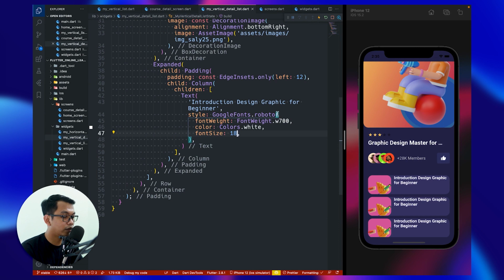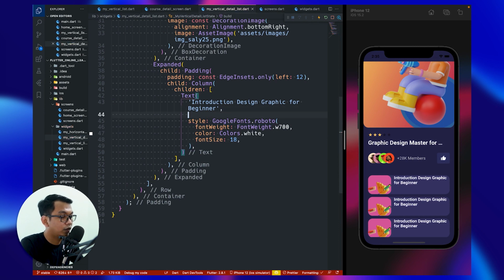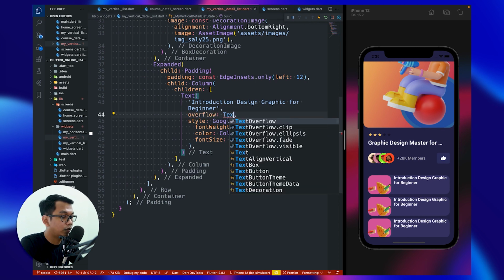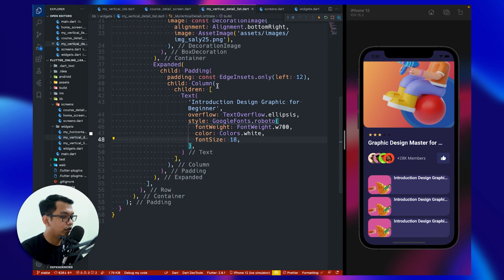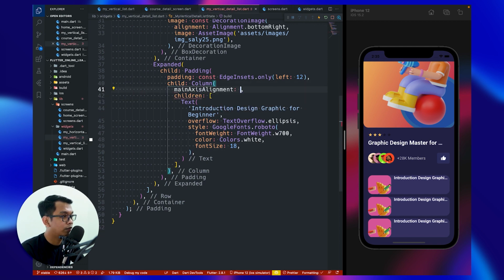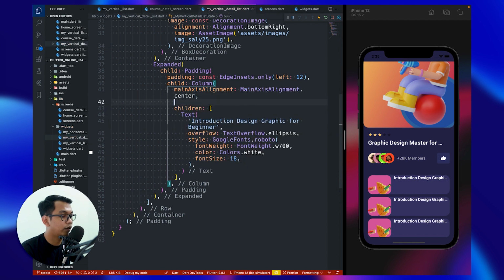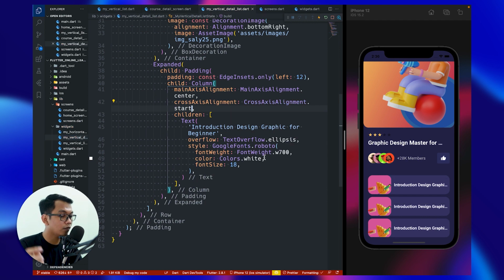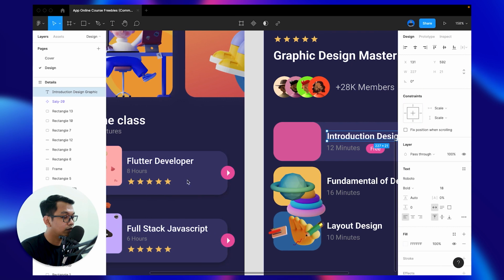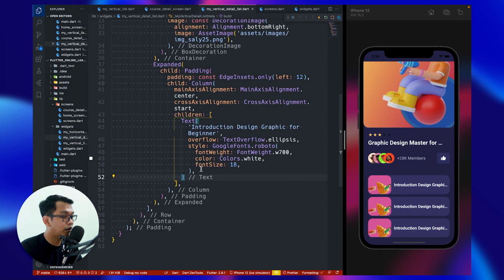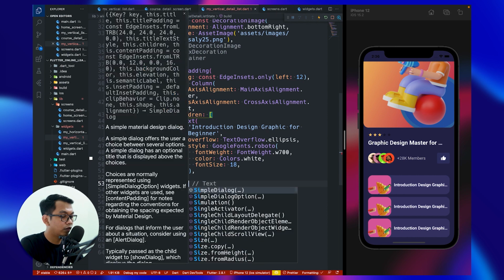And don't forget to select overflow, ellipsis. And the important thing is inside our column, we set main axis alignment to center and cross axis alignment to start. Okay.